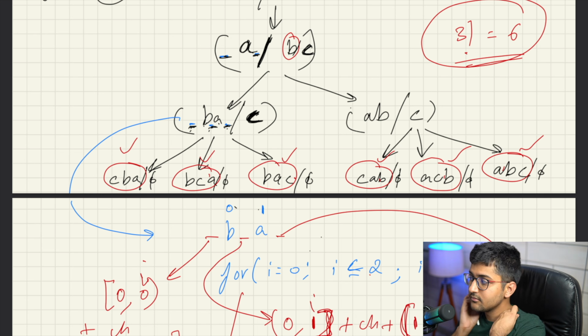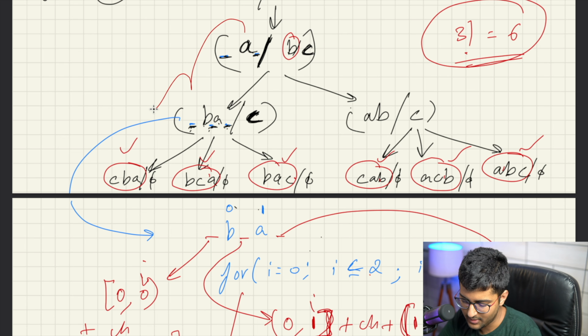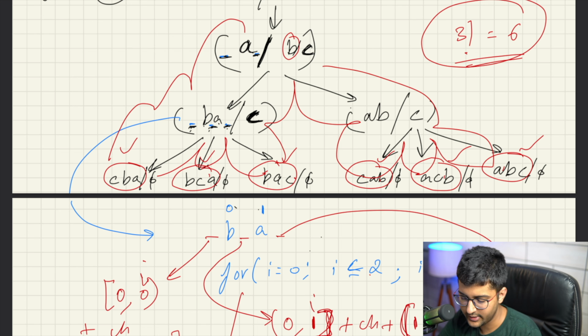Always, don't overcomplicate things with recursion. Anything that you see in the recursive tree, just code that. That's it. And how this thing is working internally, I have already explained in the previous videos. So make sure you check it out, like how the tree works, why the left call will be made first and then this and then this. You might already know how it works.